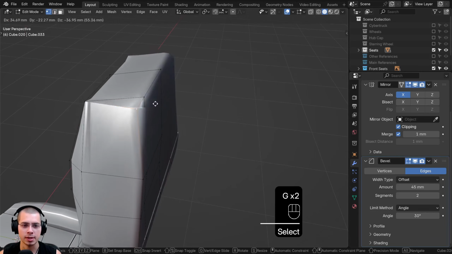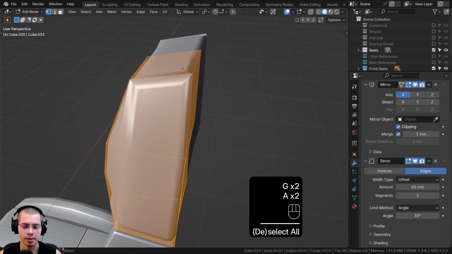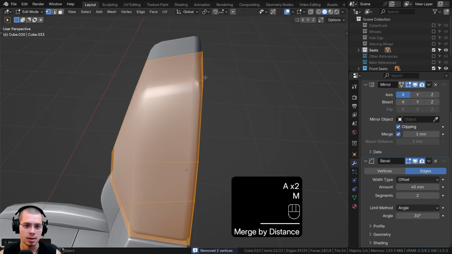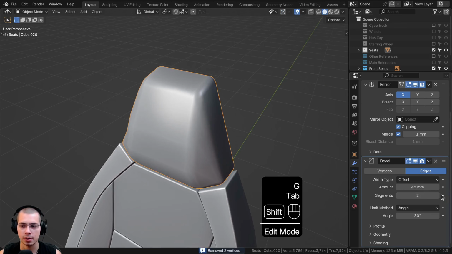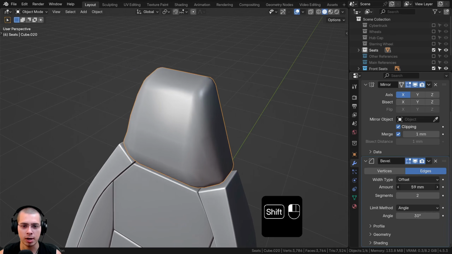Now, for some reason, it looks like there were some doubled vertices here. So if we select everything, we're going to merge by distance. And you can see it got rid of those vertices there. So let's just turn the amount up. So it is going to have a bevel, but the bevel's going to be a lot bigger, so it looks